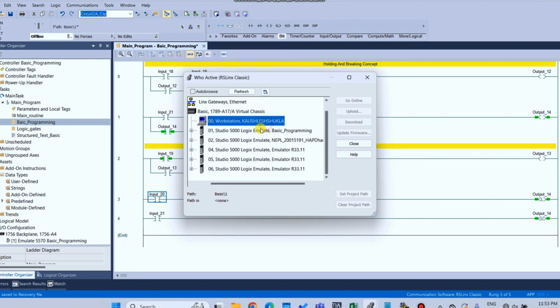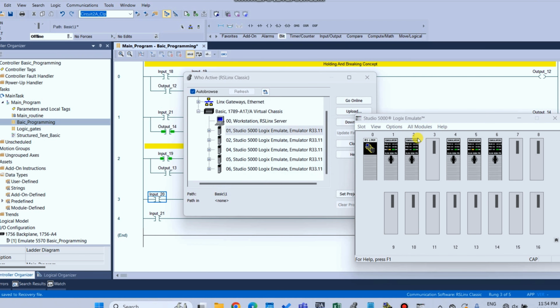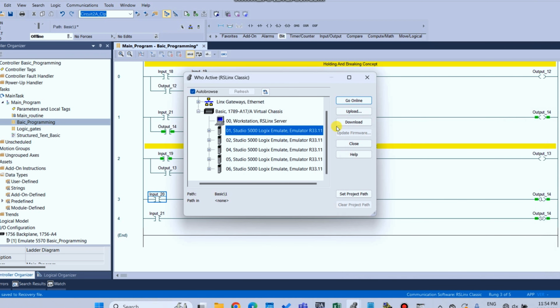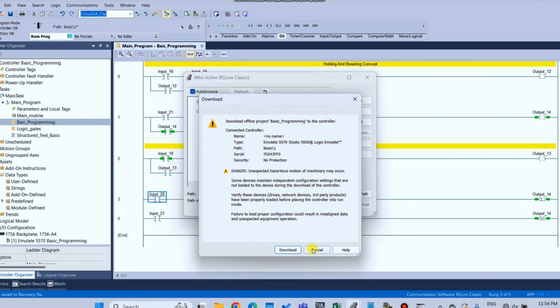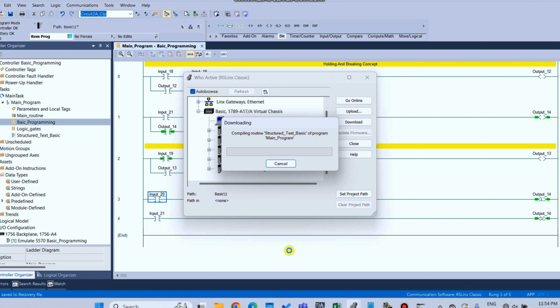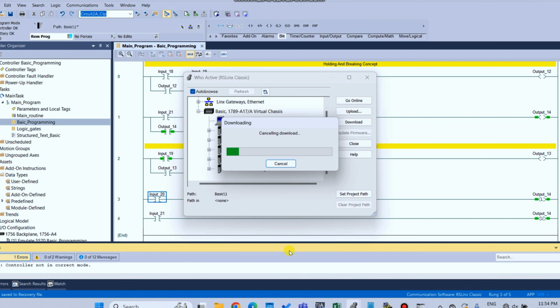Click on slot number. Studio 5000 Logix Emulate has been opened, and click on download. So download has been started. Let's see, controller saving recover file, downloading, cancel download.